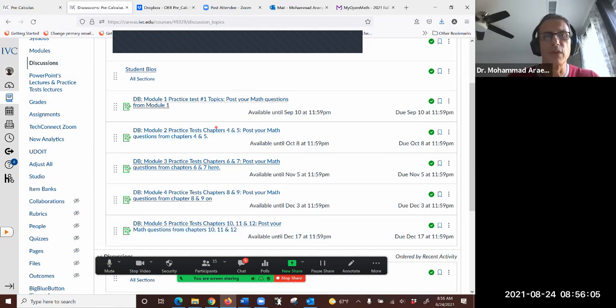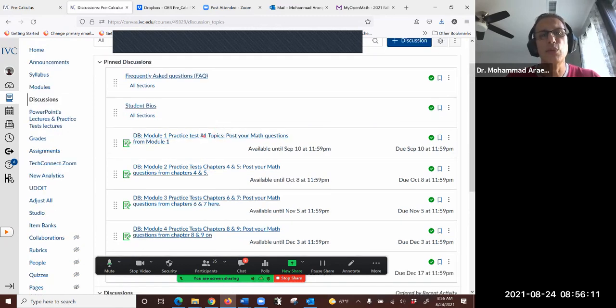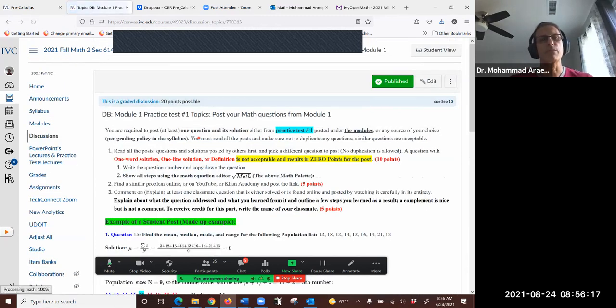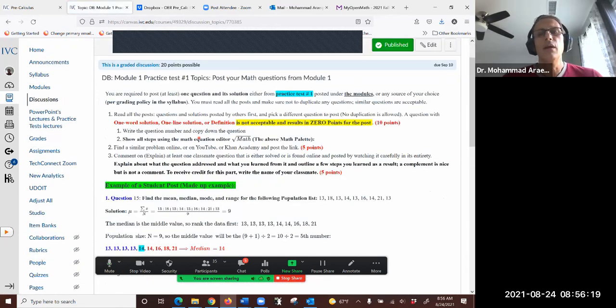So for now, we are concentrating on module 1, exam 1 only. So the only thing that matters is this one, because if you get this one right, you will follow and do the rest of them in the same manner. So look at the first one. So let's quickly see what you need to do. You are required to post at least one question and its solution, either from practice test number 1 posted under the modules or any source of your choice per grading policy in the syllabus. It's important to see, I want you to put a